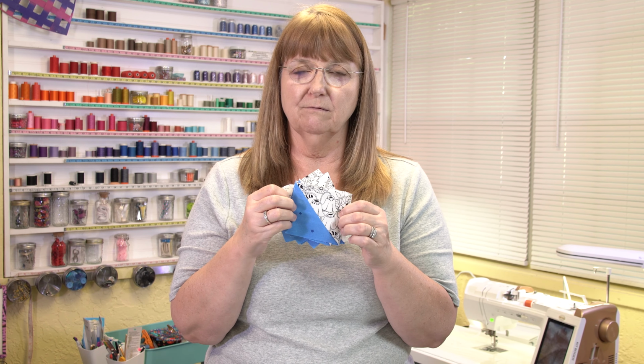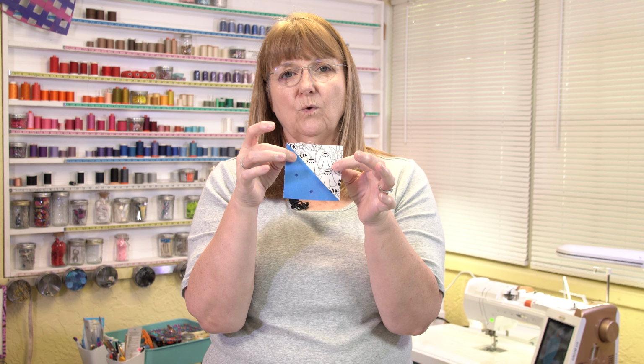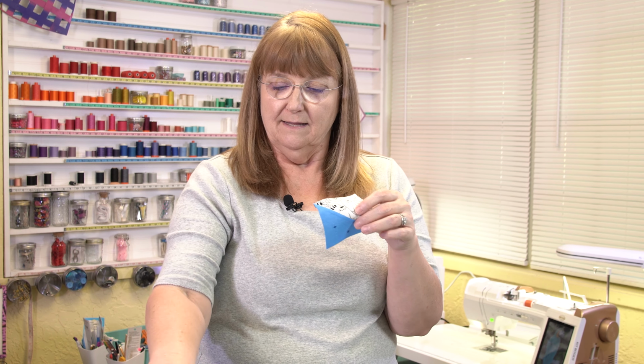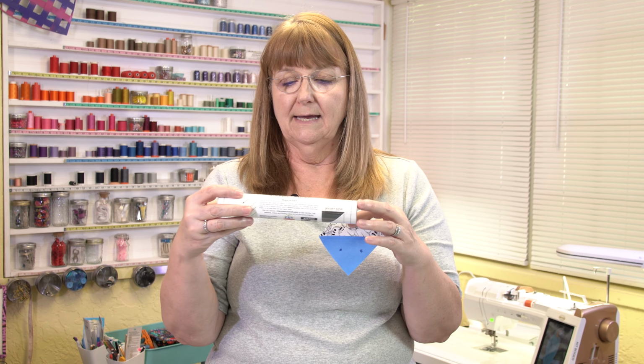If you're working on a quilt pattern and your pattern says to make multiple half square triangles, maybe 50 to make or a large number of them, the pattern tells you what size your block should be when it's completed. For instance, in this case, these blocks are currently 3.5-inch square, and once they're sewn into a quilt, they'll be 3-inch square. So if you know that, then you can look at the triangles on a roll, and this particular